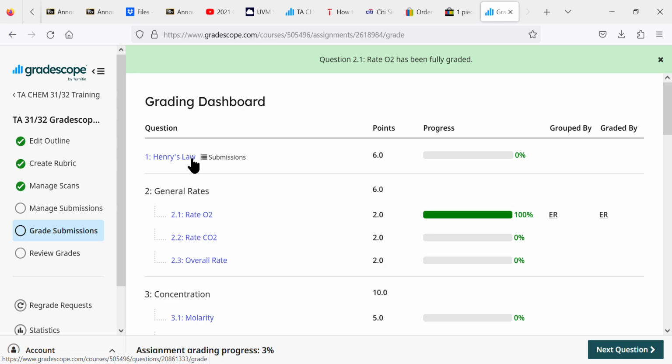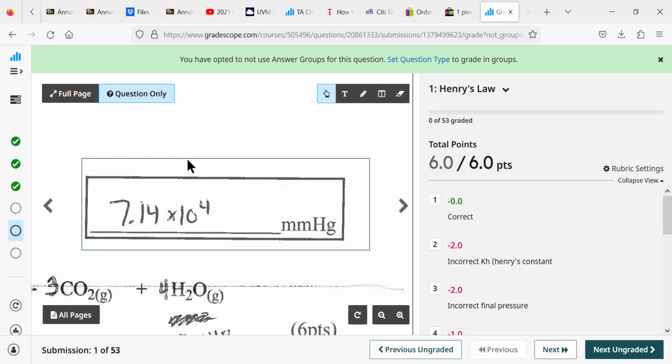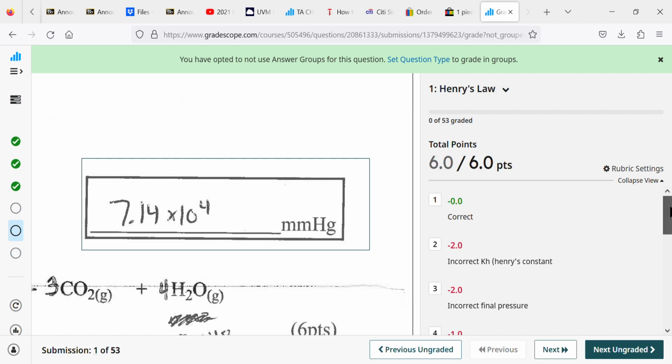But this program is nice because it does help us to go from one exam to another without shuffling through pages. It really just takes us to that specific question again and again and again. So if we click on Henry's Law, since it's a calculational question, we're drawn right to the grading platform. So we're not even looking at grouping, we're already in the grading scenario. And we see that the rubric is already designed over here